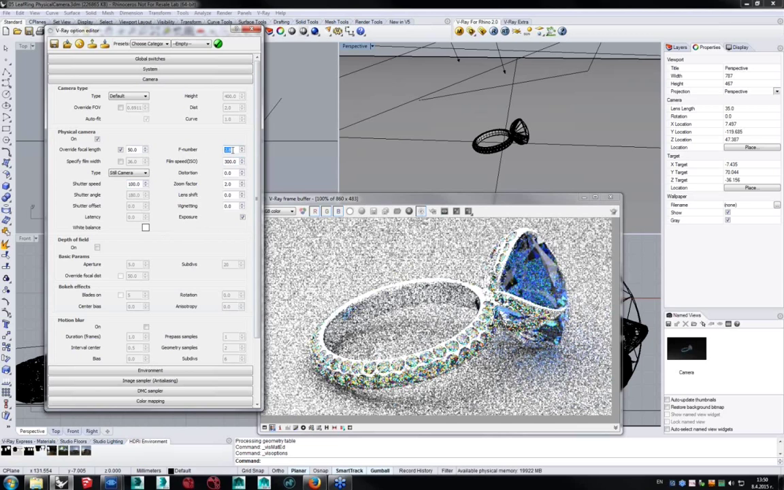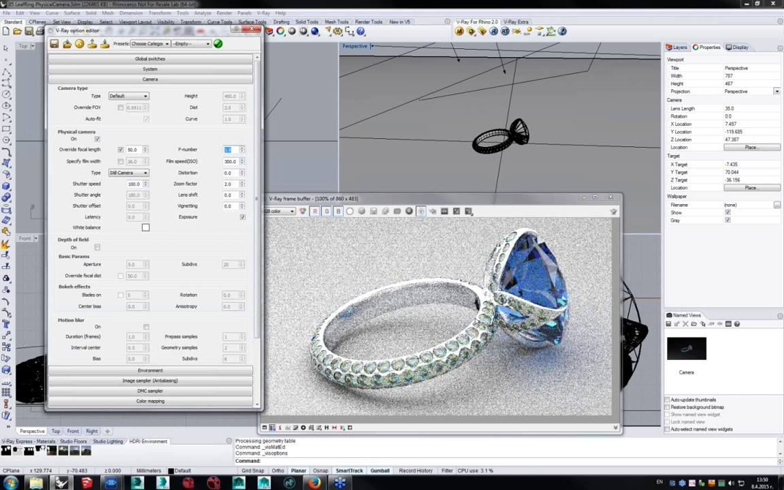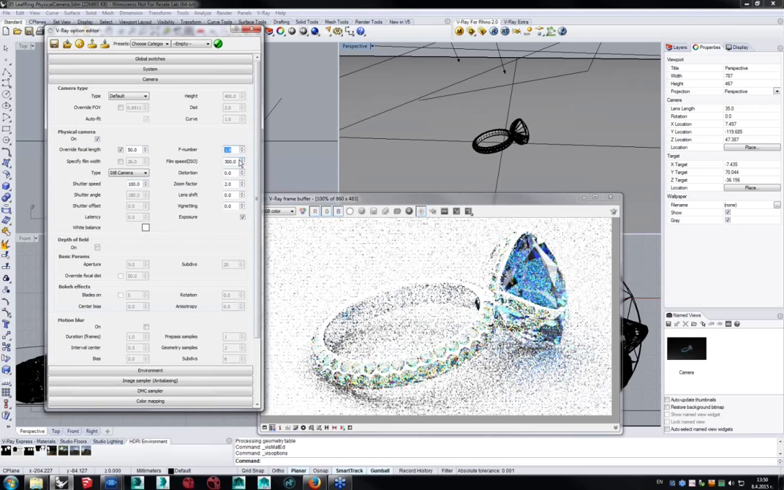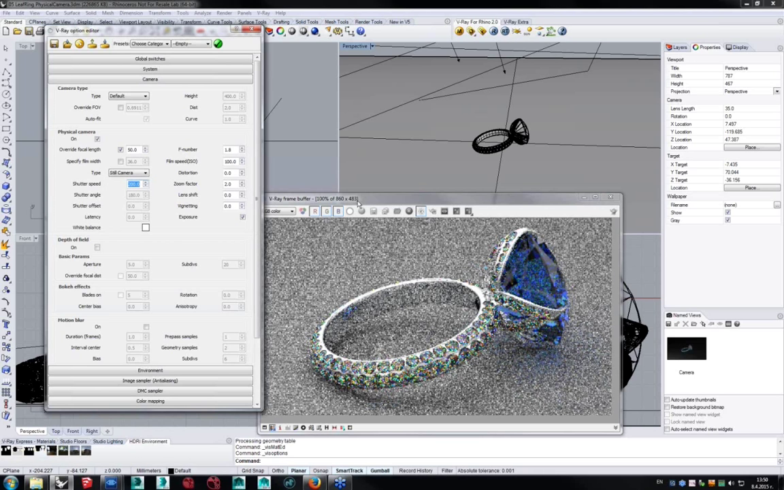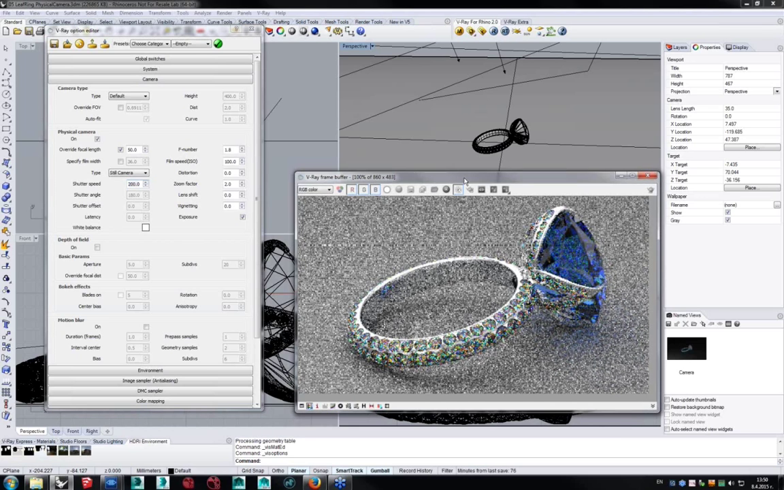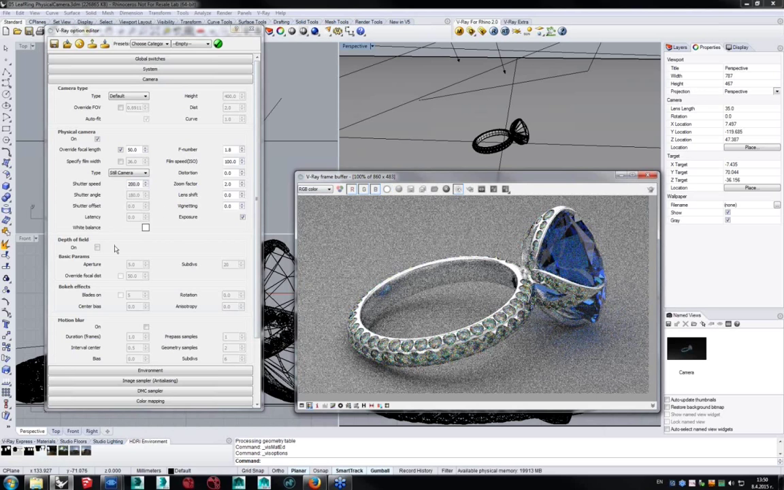Now I want to keep the f number really, really low, because this is the thing that will determine the amount of depth of field. These two I can set to my liking, so let's lower that to 100. And there we go, maybe 200. And this is kind of what I'm looking for. So now I have a physical camera, I have all the ingredients to make it look like a picture. So let's enable the depth of field,